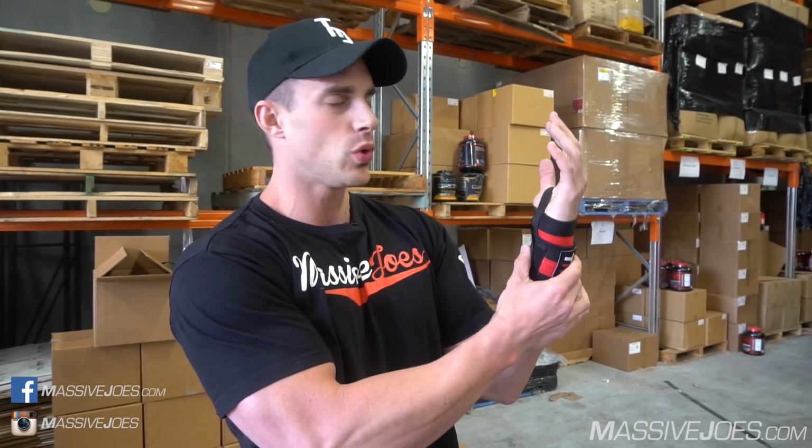So once you've got your wrist wraps wrapped correctly, when do you want to use them? What sort of exercises do you want to use them for? Well, once you understand that what a wrist wrap is actually going to do is support the wrist through different ranges of motion and apply support to the wrist joint in those ranges of motion, you really want to be using wrist wraps in any exercise where there is going to be excess stress put on that wrist joint. So any type of heavy pressing movement, even any type of heavy curling movement or heavy tricep push down movement, any type of exercise where there's going to be a lot of stress through that wrist joint and you're putting that wrist joint under a lot of pressure,